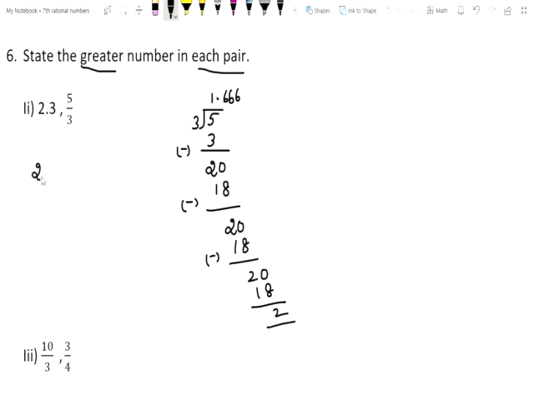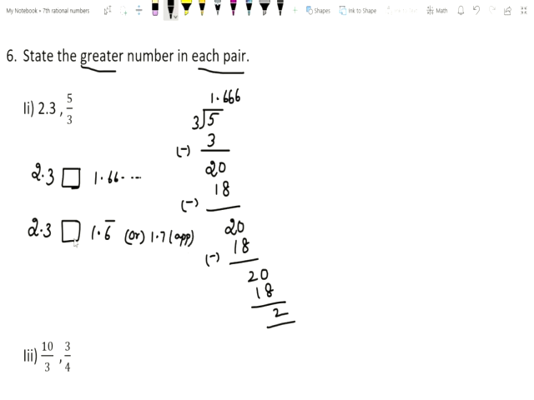Okay, so we are going to find out which is greater between 2.3 and 5 by 3. We are going to compare. So when we divide 5 by 3, what are we getting? 1.66, and it goes on. How can you write this here? Look at the second digit, it is greater than 5, so you can round it, the approximate value is 1.7. Now you compare 2.3 with 1.6 bar, or else you can write 1.7. This is an approximation value.